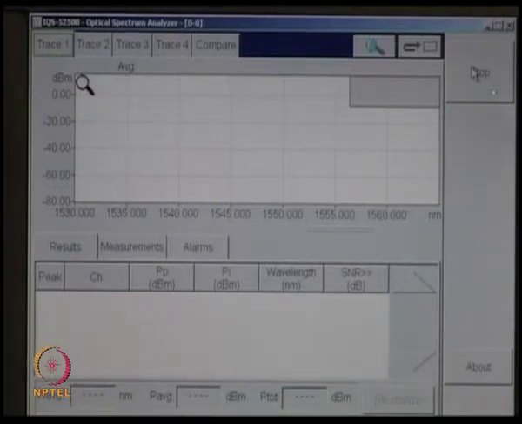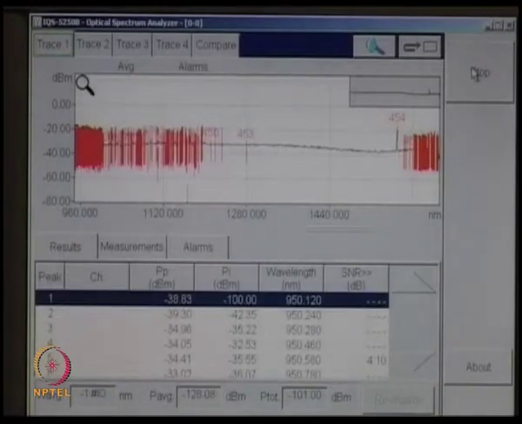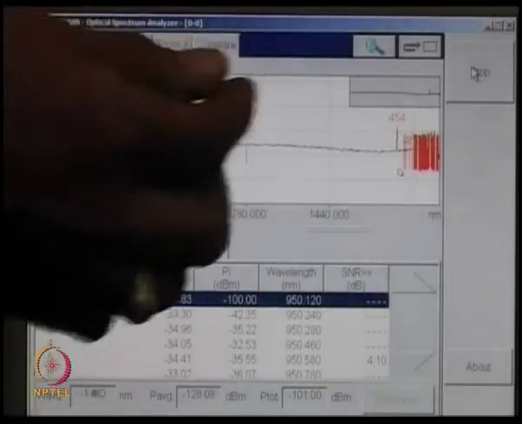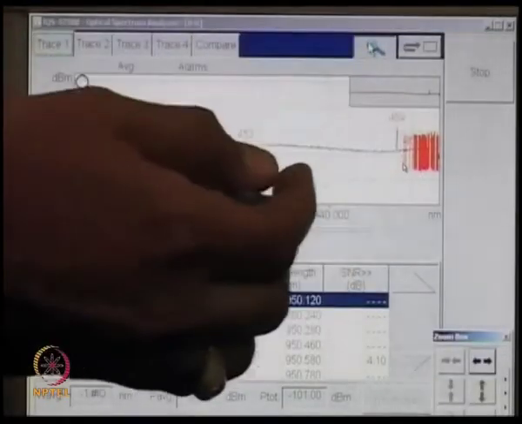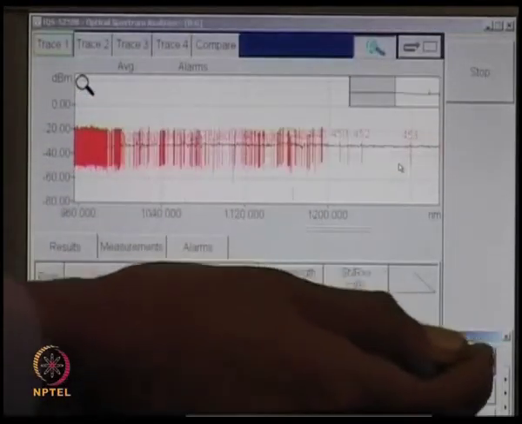It is now acquiring data. The data has been acquired. And that's the display which you get.